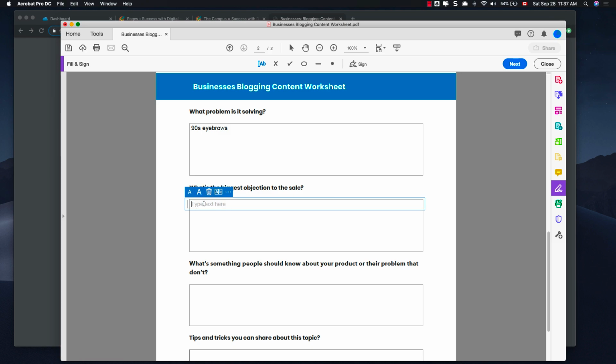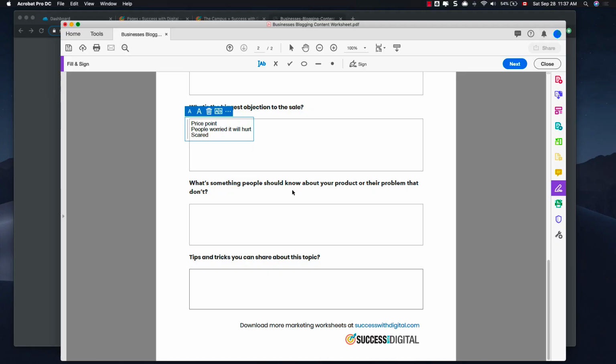And so here I would probably say price point, people worried it will hurt, scared, etc. So what's something people should know about your product or their problem that they don't? They don't have to spend so much time doing their eyebrows every day.